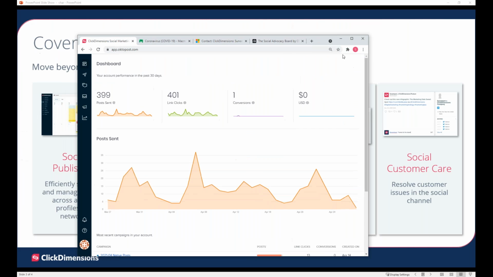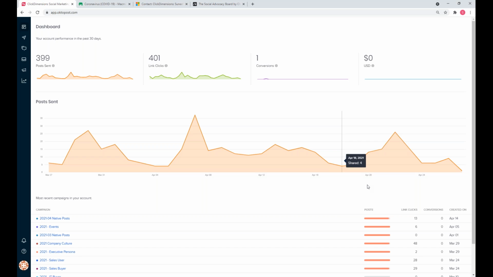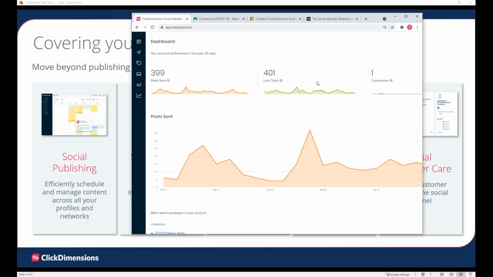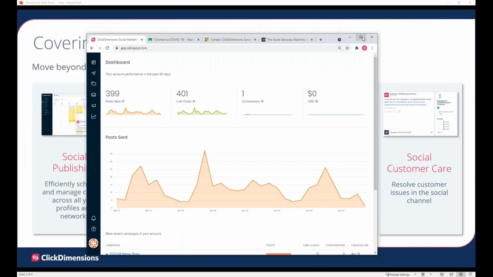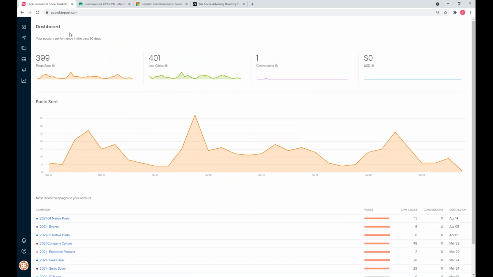So I'm just bringing on my trusty web browser, and here you can see our solution. Now, there's a lot of data on screen. There's a lot of information. Don't worry about that. I'm going to be quite laser focused today. I'm going to show you specific things that I think are going to pique your interest. And I just want to bring your attention to the left-hand side here. So you can see these are the ways in which we can navigate through the platform. And these essentially will mimic what we just saw on the slide as well. So we'll go one by one, just so it'll be very easy for us to digest.